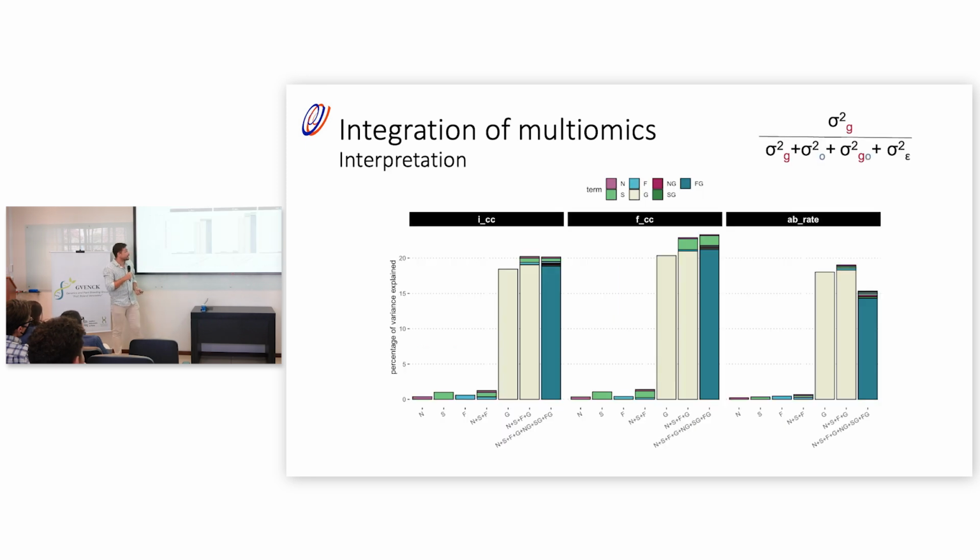Another way to see it is with the variance components. Here we have the relative importance of each omic for each model. When we use the model phenotype equals just the nutrients, we see that the variance is less than 1%. It's explaining a really low variance. It's like a heritability of 0. Only when we introduce the G term are we getting some variability explained, but it's 20%. It's not like 100%. This is why our models have a low accuracy.